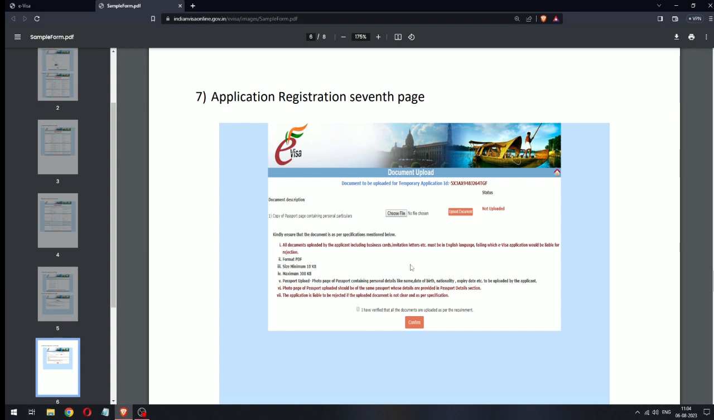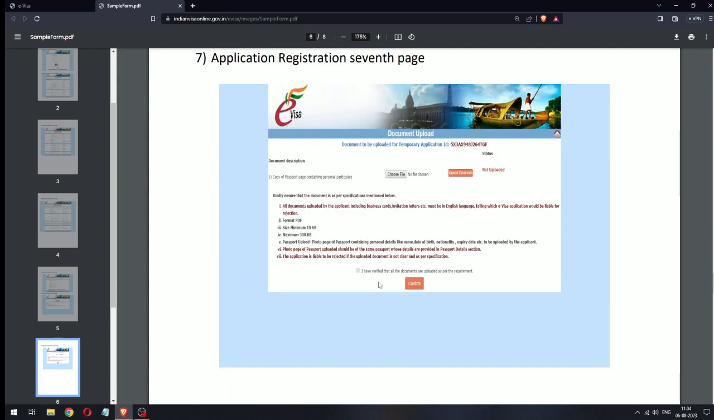So everybody nowadays can do it. In Google, you can increase or decrease the size free of cost. So again, then you upload it. I have verified all the documents and are uploaded as per the requirement. Then you confirm,